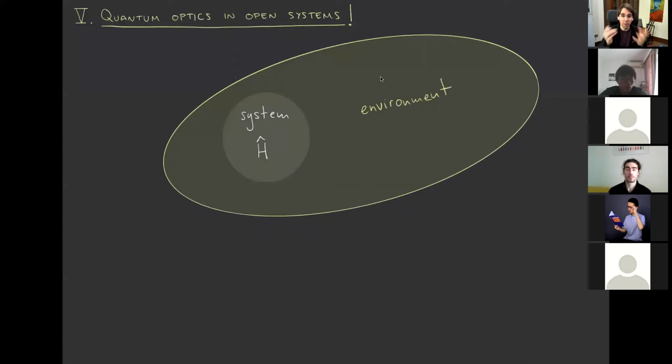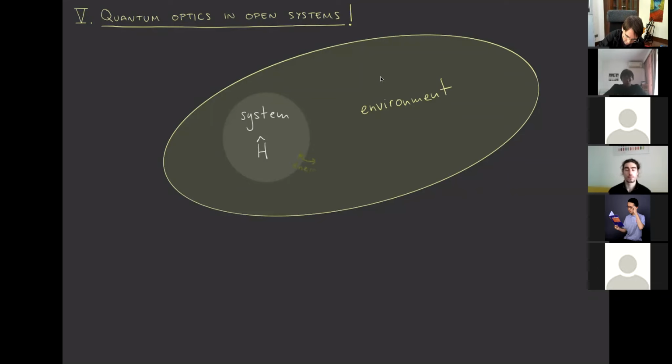Okay, and maybe the combination of the system and the environment is a closed system on itself. So that's why I write here a closed boundary. So this boundary here, it's really closed. So there is nothing from outside or anything like that. But the system that we care about actually exchanges